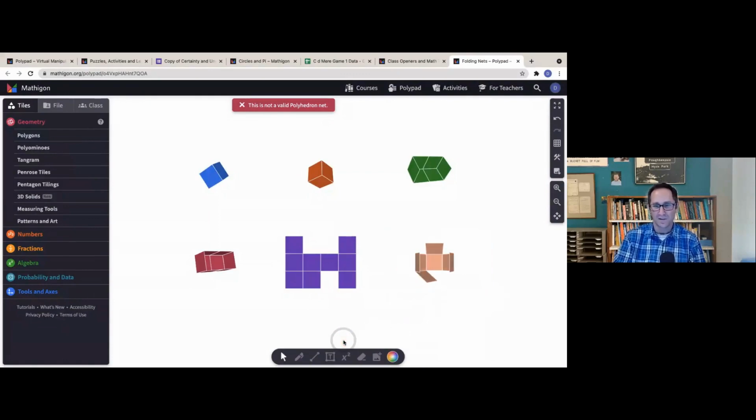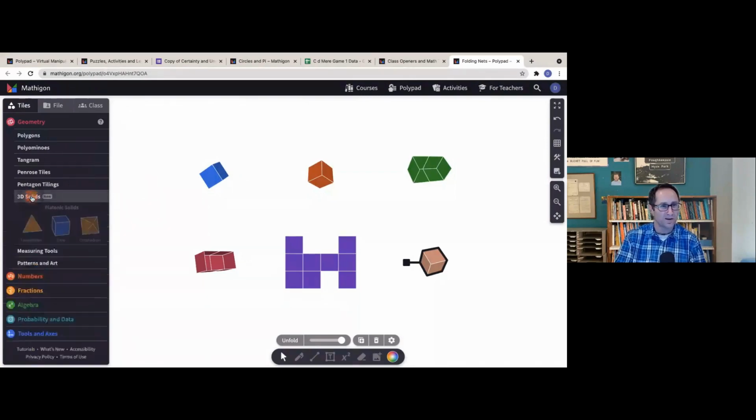And then here's the peach one. Shoot, there is some overlapping there, right? Yeah, it's a great thinking task, right? To start and then confirm with this activity, like actually folding, right? So that's pretty cool. What I just want to share, we're going to move on in the nets.